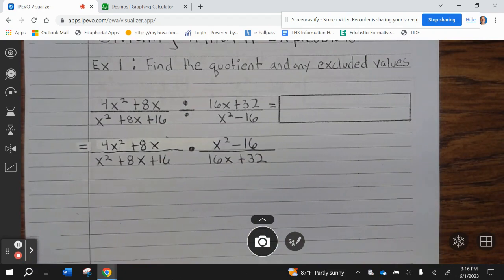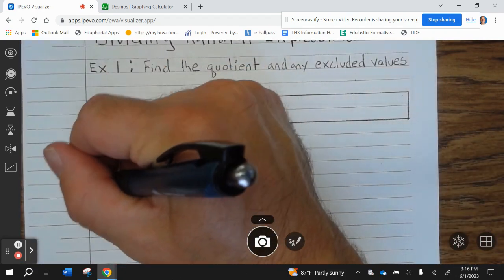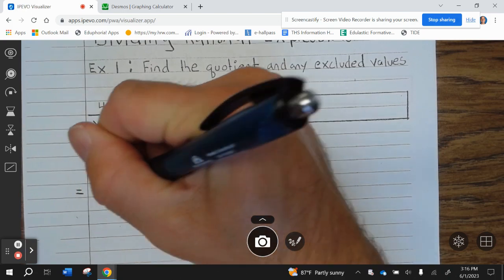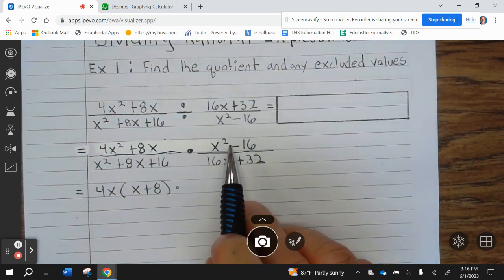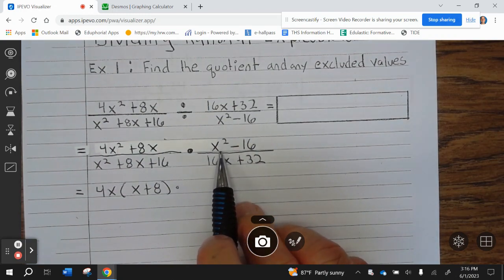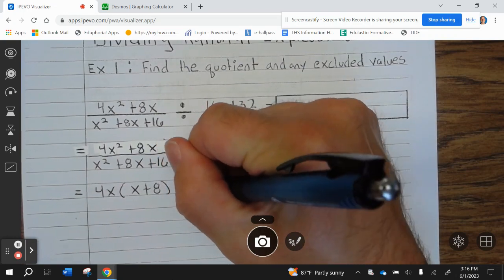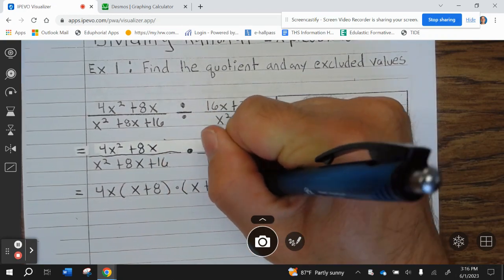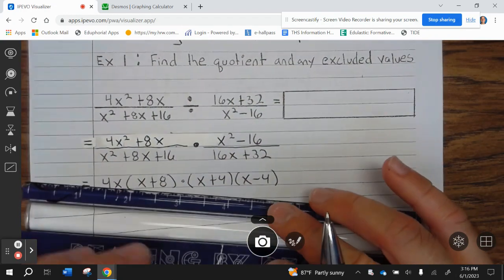Okay, now that we've flipped and multiplied, now we can start factoring. We can factor out 4x, which leaves x plus 8, times, we can factor this, it's a difference of squares, so that's times x plus 4, x minus 4, okay, divided by